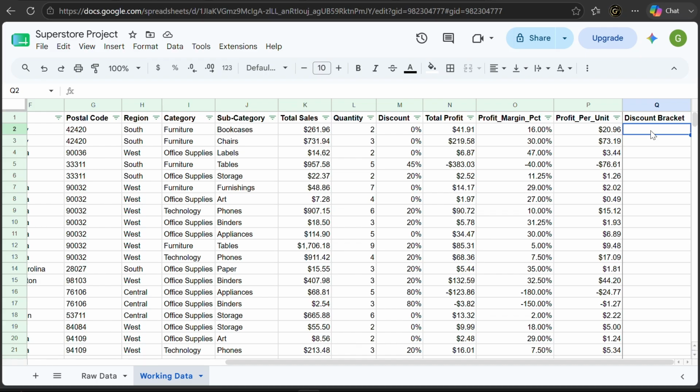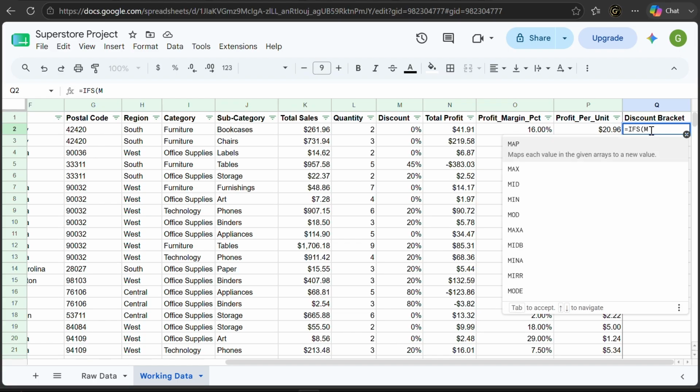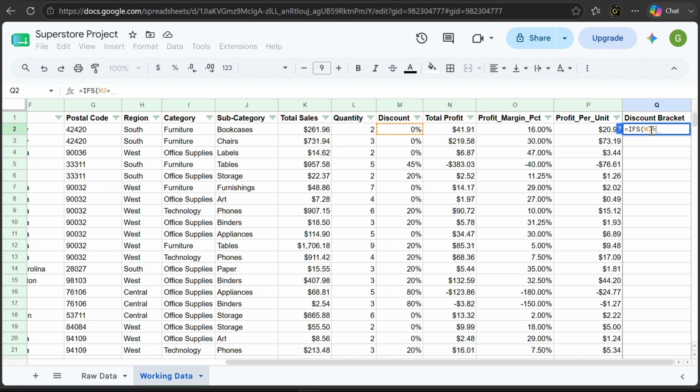So I'm just going to say equals IFS, right? I'm going to say if M2, the discount, that's M2, is equal to 0, I'm going to say it should return